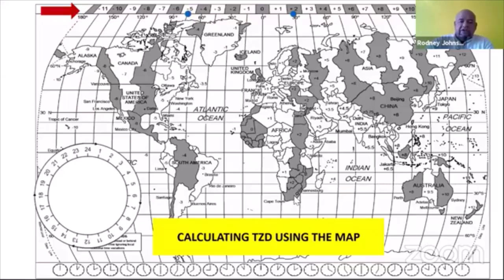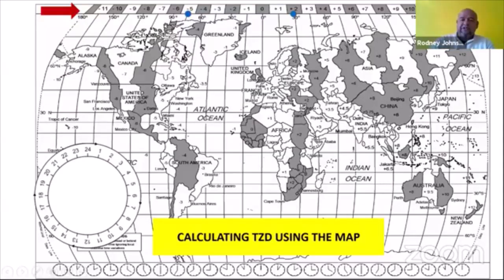If you look at South Africa, you will notice we are on the +2 time zone line. If you follow this time zone line right up, you can place your other marker on +2. So you have your two markers here on the time zone ruler right at the top. To calculate the time zone difference between these two cities, all you have to do is count the time zones in between, right? You start from -5, you count 1, 2, 3, 4, 5, 6, 7. So you will know that there is a 7 hour time zone difference between New York and South Africa, right?